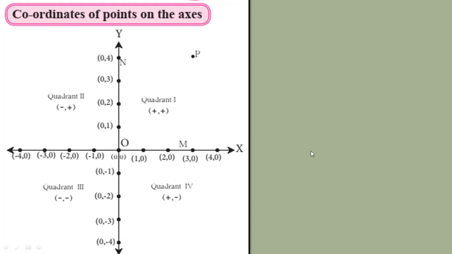on the sign of their coordinates, because this is the right hand side of the origin. Right hand side of the origin is positive, left hand side of the origin is negative, upward direction above the origin is positive, and numbers below the origin are negative. So this is the 0, 0 mark, and right side is positive for the x-axis, left side negative, and as far as the y-axis, upward positive, downward negative coordinate.